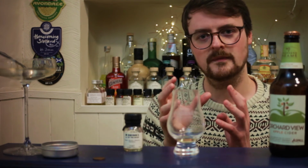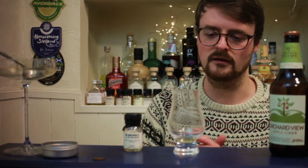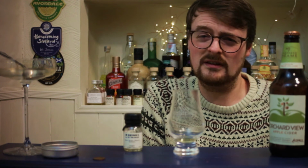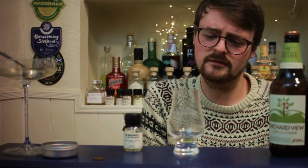There's just enough in there that it helps it mellow out and become a bit more inviting, but there are hints of it fading into the background. If you were to put this into lemonade or something like that, it would just get lost. You don't want to do that. I don't think you'd want to either. The lingering flavour on this is just